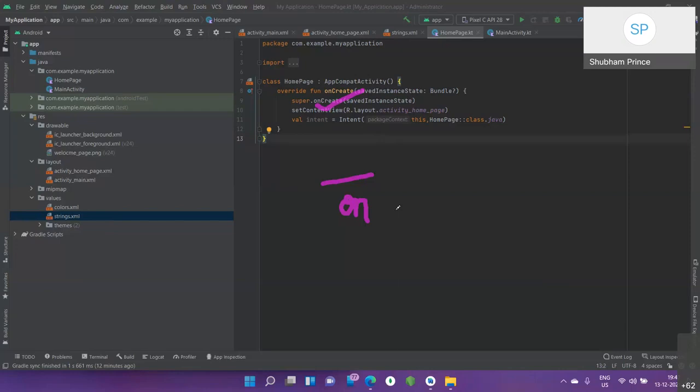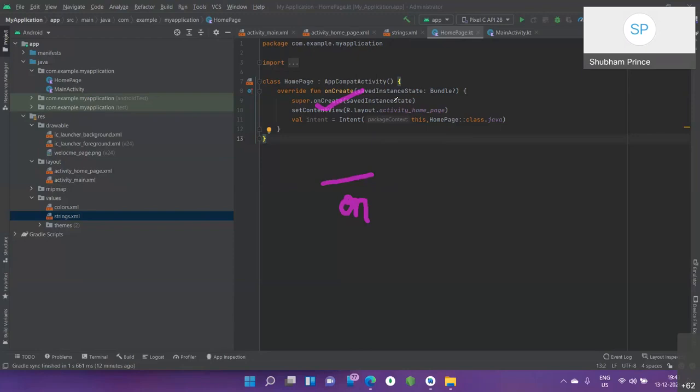First, just understand, onCreate is when you create the first activity. Whenever an activity comes into life, it means whenever you just open an application and you see, for example, Amazon, you see the splash screen. This is when onCreate is working. It comes into its own life for that splash screen activity.